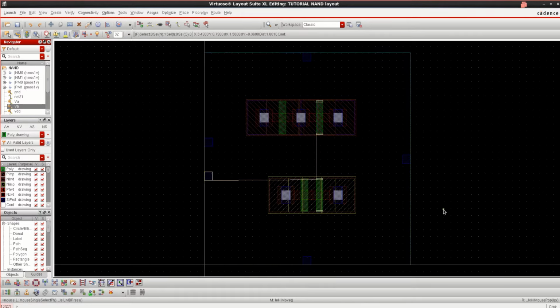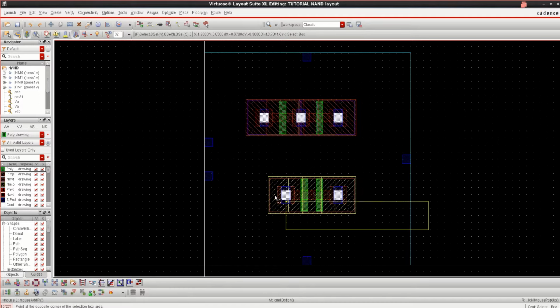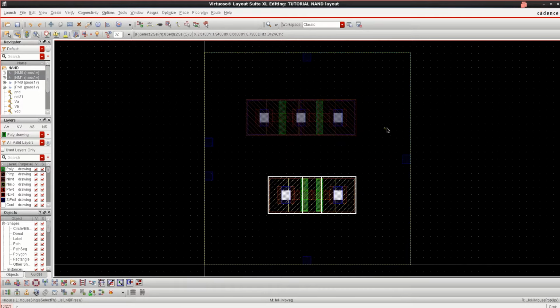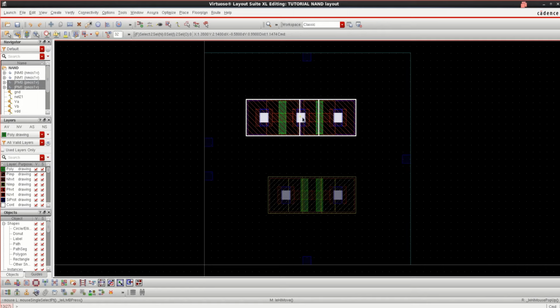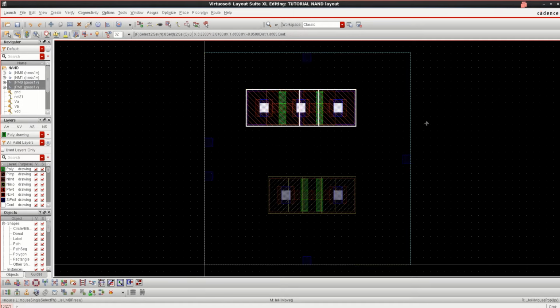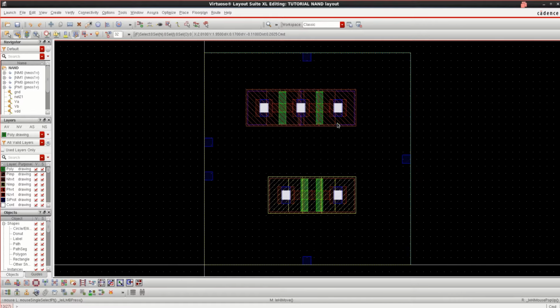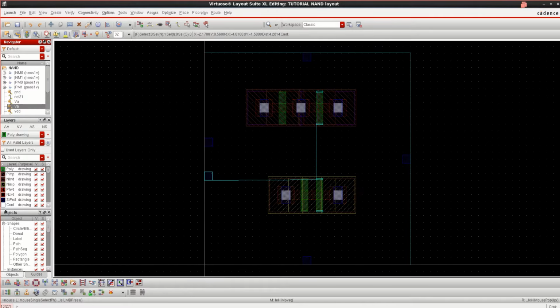So by using the navigator, I can make the routing easily. If you want, you can just move. Try to connect this. Select the VB so that I can make the connection.